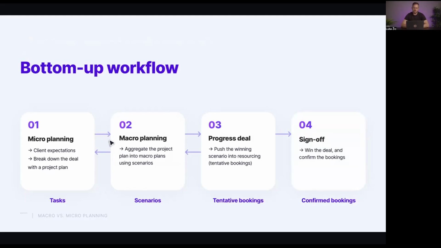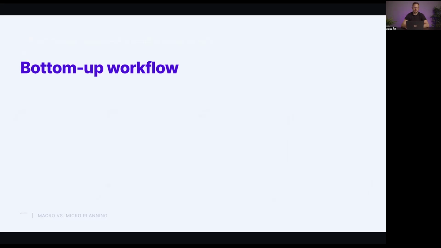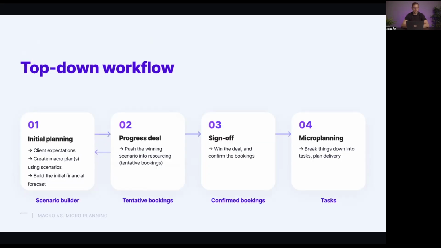Make note here that the circular situation with the arrows is not confined only to steps 1 and 2, but also to steps 2 and 3, right? So whenever we have some sort of a change going on in the client's plan, scope, budget, whatever, we'll have to update on multiple positions. This is why a bottom-up workflow is not a bad solution, but it does have certain downsides that you wouldn't have with a top-down workflow. Something to consider in your process to make sure that it's optimized for the way that you want to do things and the way that your team wants to work.